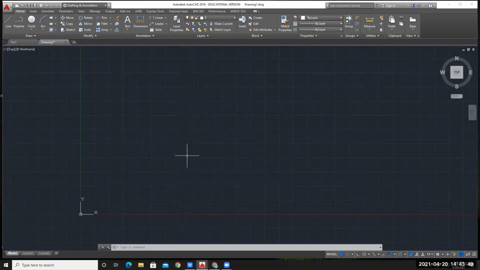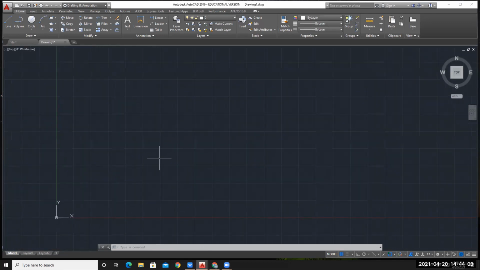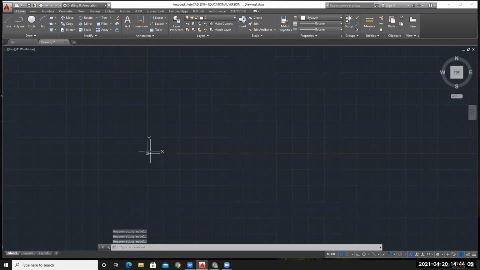Now first understand the meaning of limits. Here you can see one coordinate axis, showing the horizontal x-axis and vertical y-axis. This workspace is of infinite dimension.